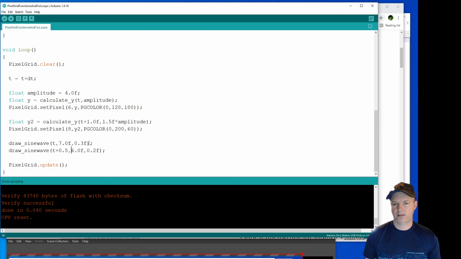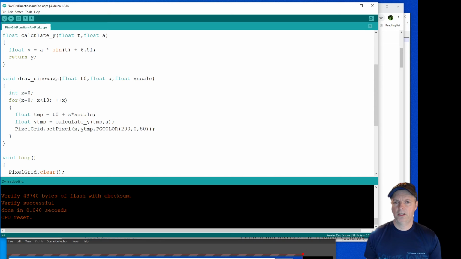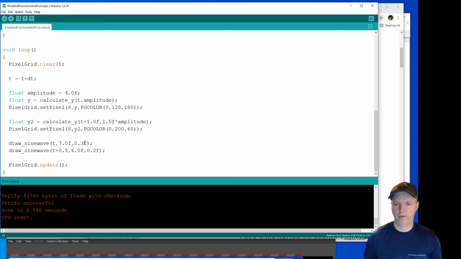We could also make it so you can control the color of the sine wave. So I'll show you how to do that. The color is a little bit more complicated a subject because it uses a custom type, but for now I'll just show you how to do it. PG color C. So the type of a color is called PG color, all caps, and then the variable name I've created is C, and then I would just use C here. So I'm going to cut this, Control X, and then I'll put C here. And then down here where I call sine wave, I need to add another parameter. So we can just paste it there. But instead of using the same color for both, we can use